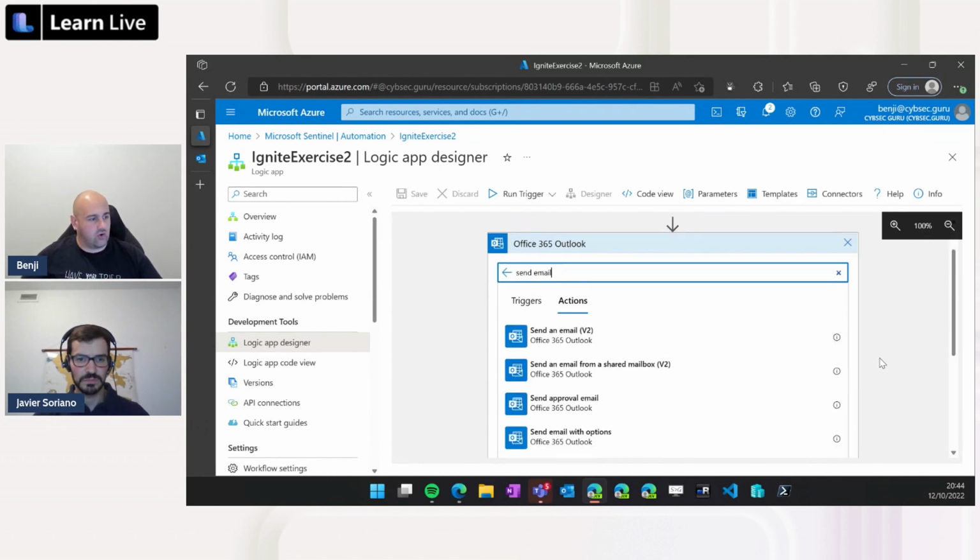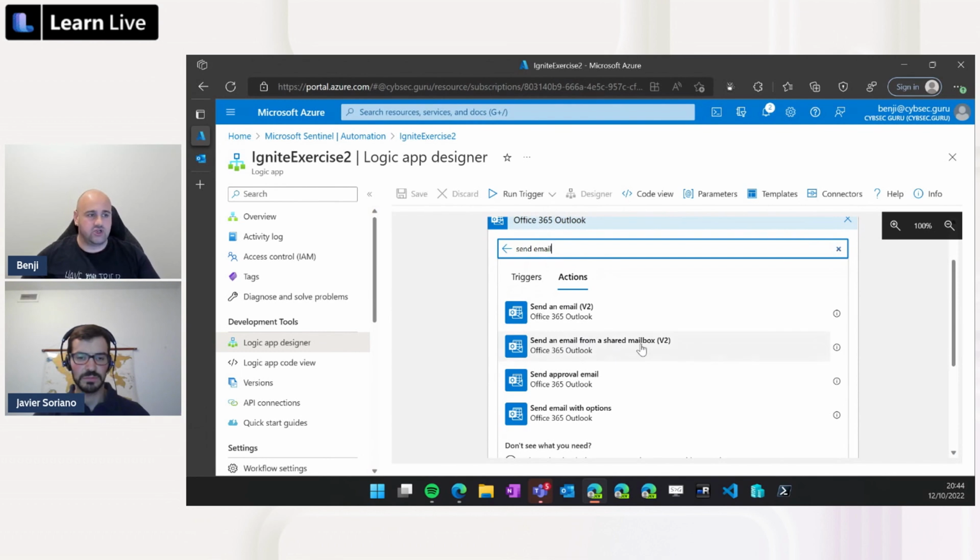Now I have the options to send an email, send email from shared mailbox if you need to utilize it, or if you want to send any approvals, which is an amazing feature. If you want to send an email with 2 or 3 options to choose from, based on the selected option, you can close the incident directly from the email. You can submit and run some other playbooks, whatever you want to put inside of those options. So in this case, we want to send an email.